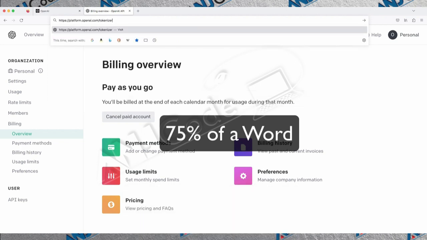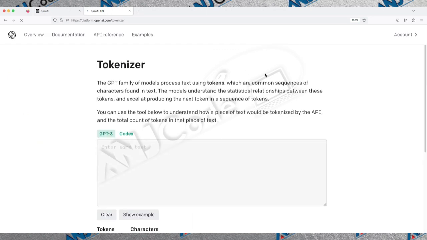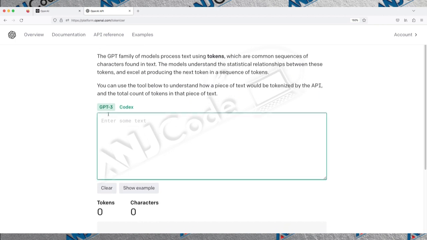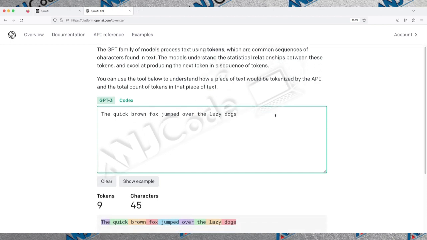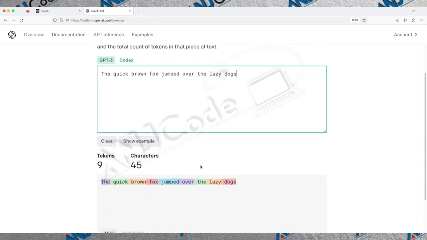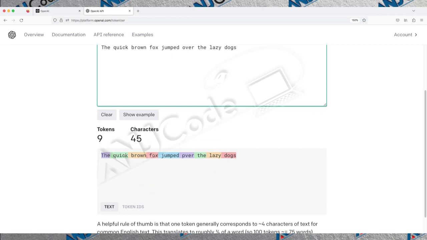Tokenizer that OpenAI has provided that you can use to analyze your tokens. So here we have the tokenizer tool, and in this text box, based on GPT-3, I can type in some text and see how many tokens it evaluates to. So let's say, the quick brown fox jumped over the lazy dogs. You see this text has 45 characters and 9 tokens. So it has broken it down, and it's giving me this very neat color-coded way of